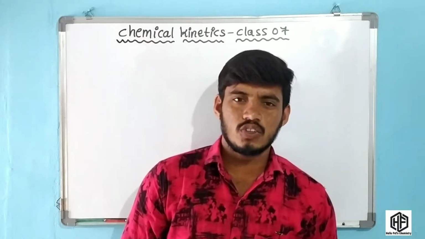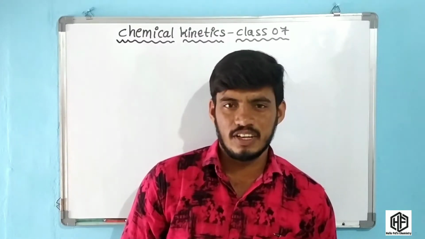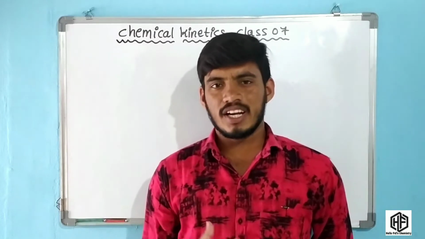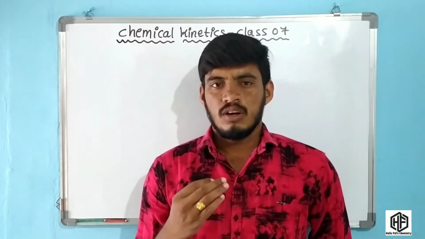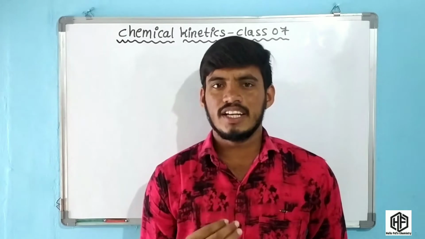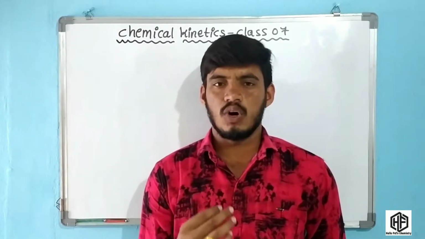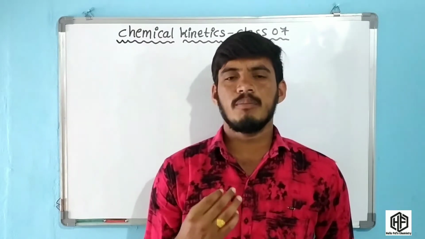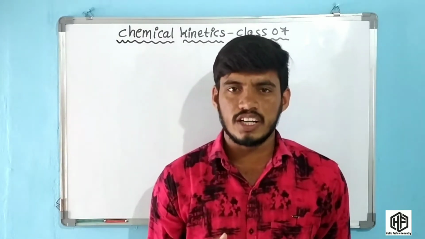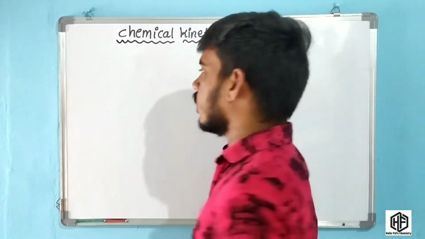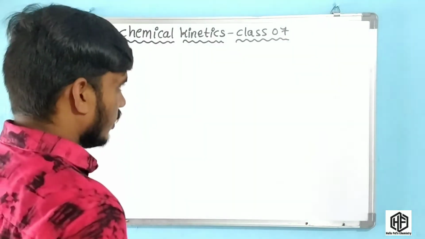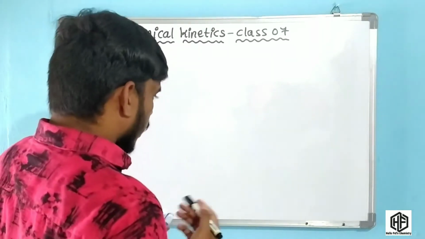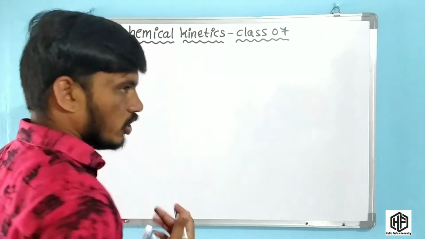In this video I am going to talk about chemical kinetics class 7, first order reaction. You know that in my previous class, we covered the integrated rate law of first order reaction and the graph representation of the first order reaction. Those are the important formulas present in the first order reaction, and this video is a continuation of that video. Okay friends, now the important formulas present in the first order reaction.